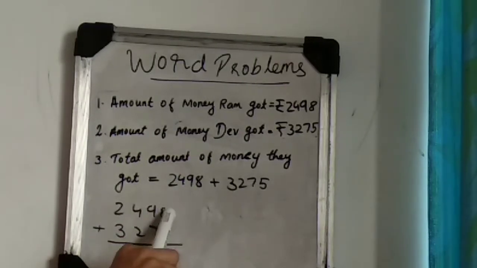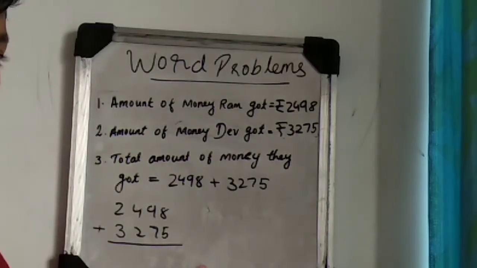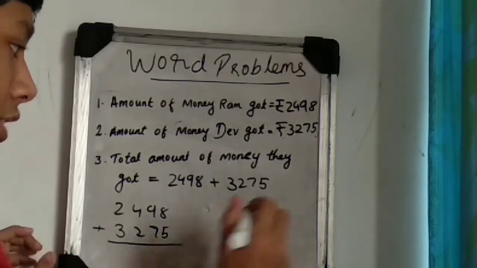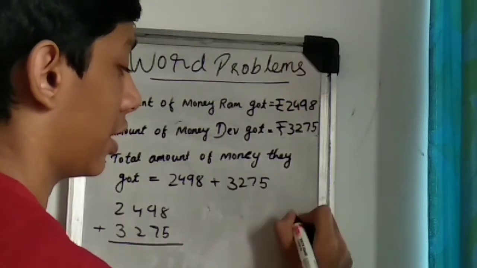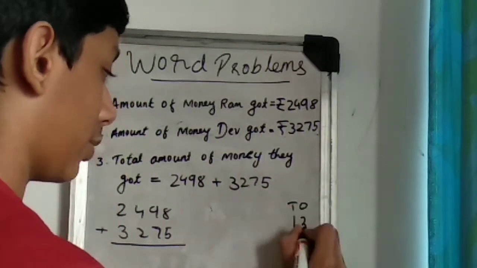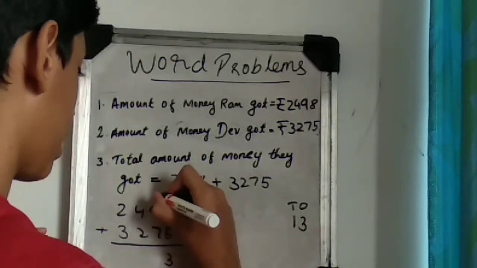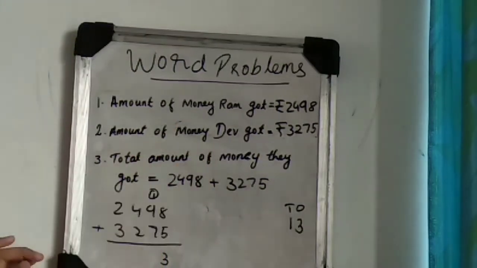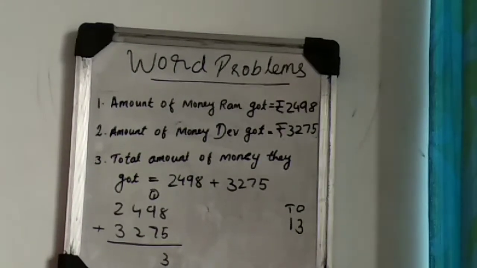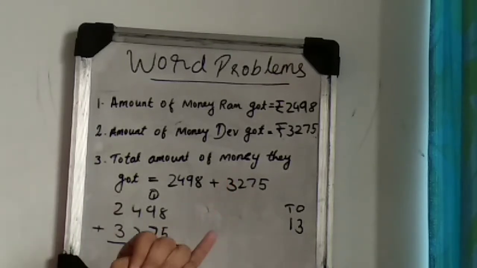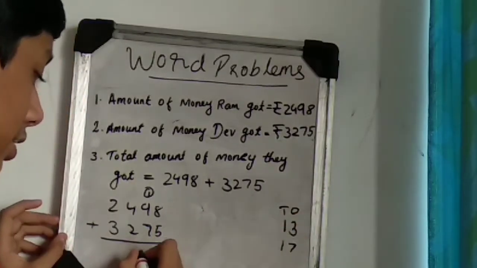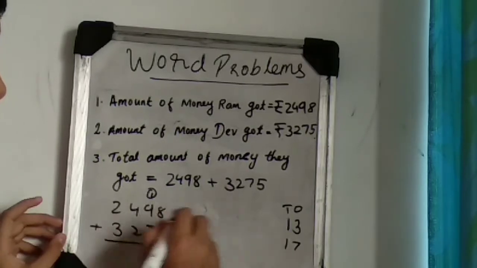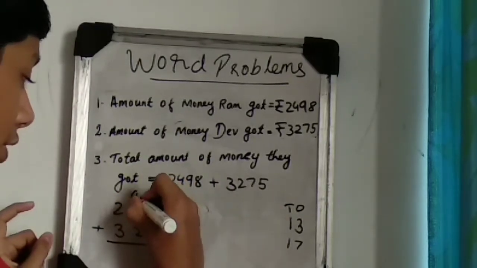Here in the ones place, 8 is greater. Take 8 in your mind and 5 in your hand. After 8 is 9, 10, 11, 12, 13. When a two-digit number comes, we have to write the number here and add tens and ones. In the ones place it is 3, so write 3 here and 1 as a carryover. 1 plus 9 is equal to 10. 10 plus 7: 10 in your mind, 7 in your hand. After 10 it is 11, 12, 13, 14, 15, 16, 17. So write 17 aside, and in the ones place it is 7, write 7 and 1 is a carryover.